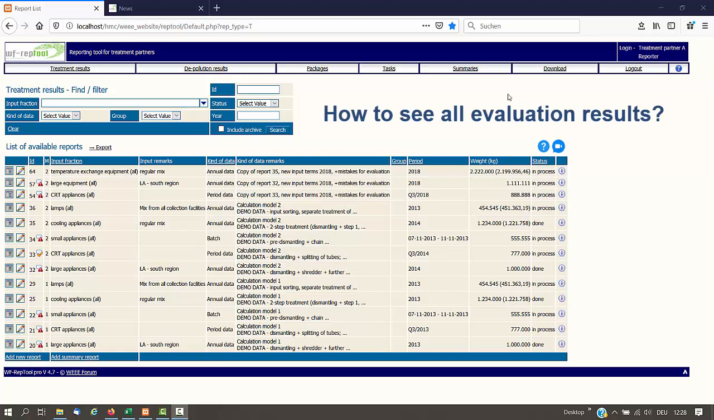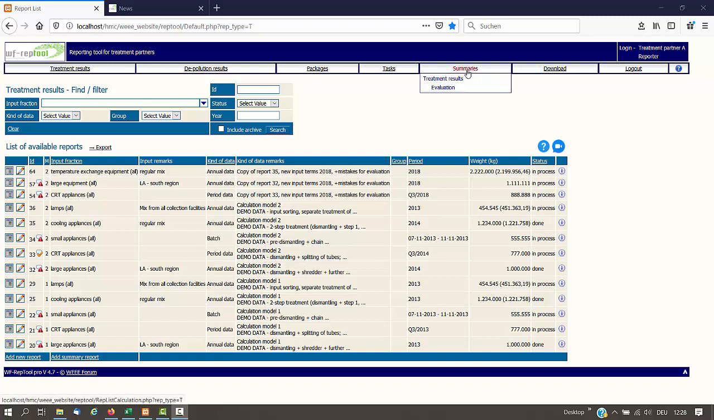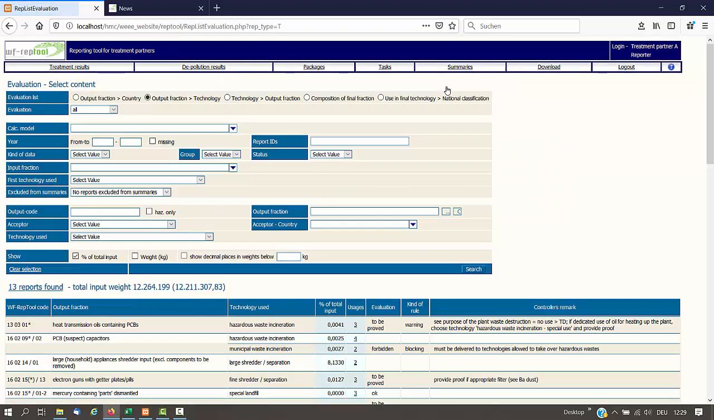How to see all evaluation results. You will see the results of evaluation of all your reports when you choose the submenu Evaluation under Summaries. You will come to a page Evaluation Select Content, at which the evaluation option, output fraction technology, and the evaluation